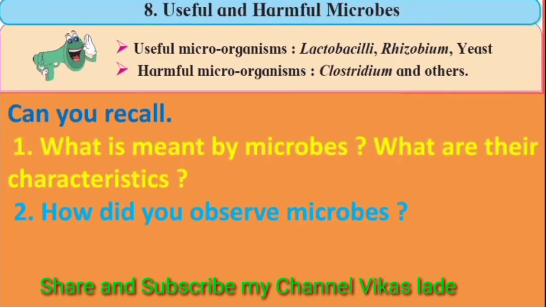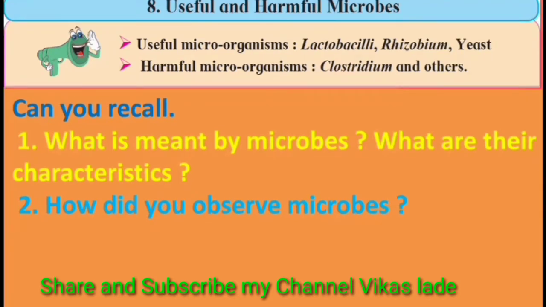Friends, actually you are familiar with different types of microbes which are all around us but cannot be seen with our eyes. In what way are they related to our everyday life? Answer of this question: many microbes are useful to us. We use them for our benefit, such as making yogurt from milk, which is done by lactobacilli bacteria. Yeast is used for baking processes. Yeast is a type of fungus which is very useful. Some microbes are harmful. They cause various diseases and affect our health.